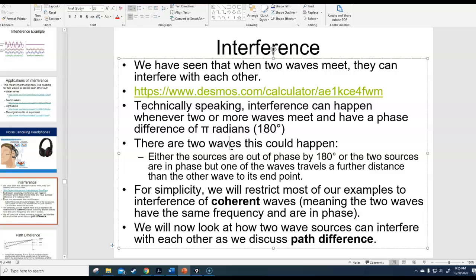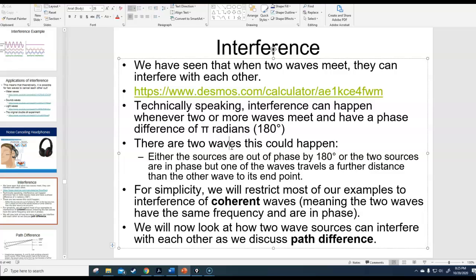Typically what you see on the IB exam is that the two sources are actually in phase with each other. It's just that one of the waves travels a further distance than the other. Okay, and so there's what's called a path difference between the two wave sources. When I say path difference, I literally mean the difference between the distance that one wave travels and the distance